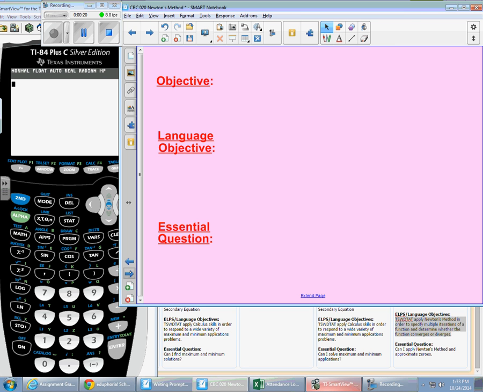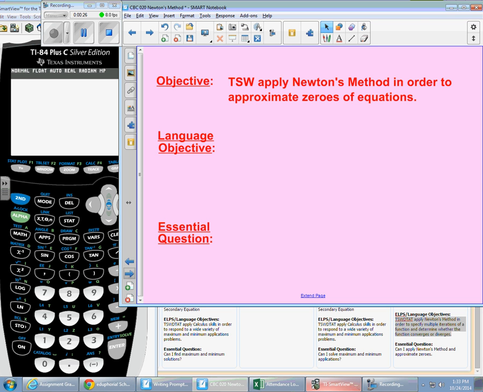Our objectives for the day. Stated objective: Student will apply Newton's method in order to approximate zeros of equations. So obviously we have a lot of different ways for coming up with zeros of equations. We can solve them, we can graph them, we can do all kinds of stuff. Okay, but remember back in the day, they didn't have much graphing and not any graphing calculators for Newton to